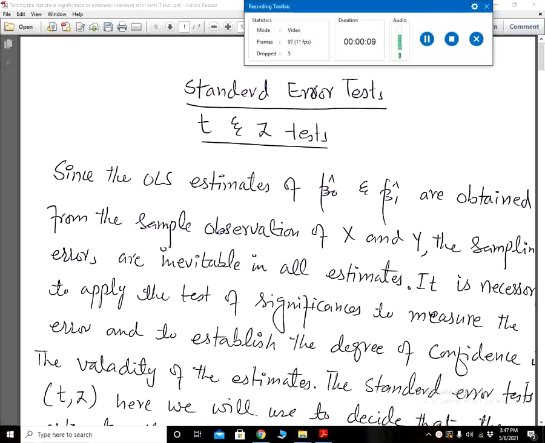In the previous class of Econometrics 1, we studied that it is necessary to gauge the statistical significance of the coefficient estimated through ordinary least squares. And we stated that the statistical significance of the coefficient estimated is gauged through the standard error tests. And again we stated that there are various types of standard error tests, or they use standard error in their testing procedure,